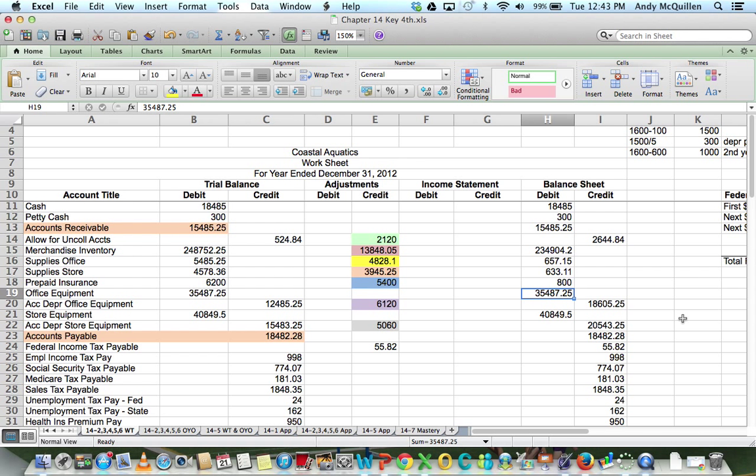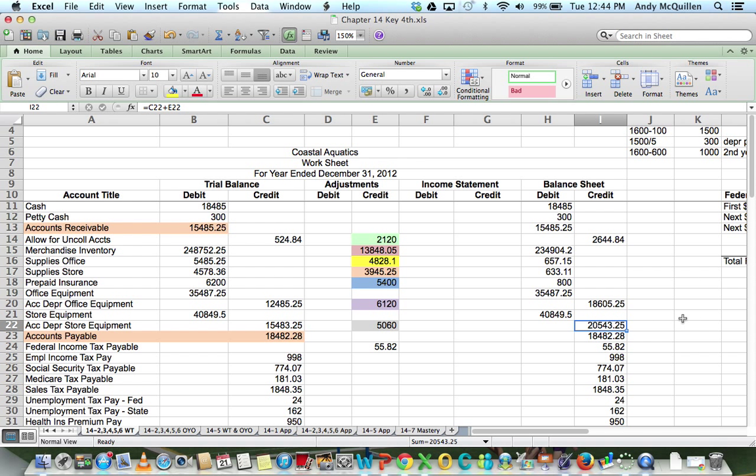Office equipment remains the same. The next one, we have two credits. We add them together. That's how I get $18,605.25. Store equipment remains the same. Remember, if it's a debit, it remains in the debit in the balance sheet. Then we add again in accumulated depreciation, store equipment. That's